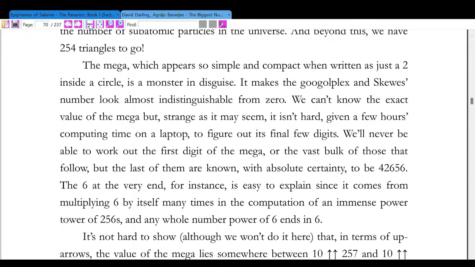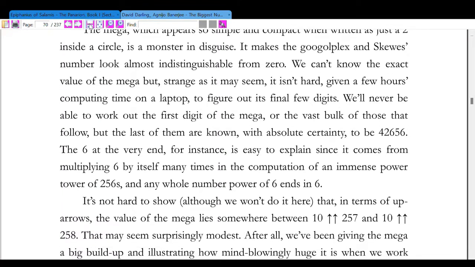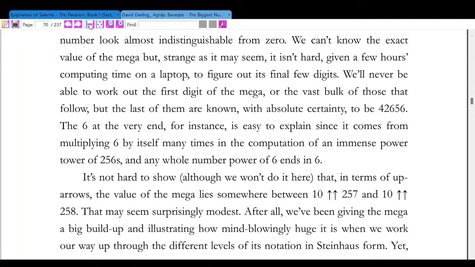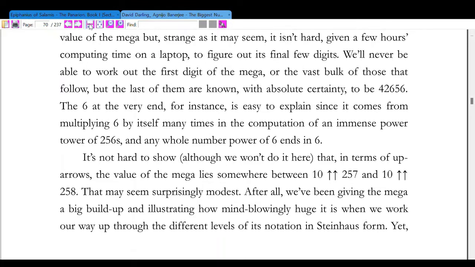The mega, which appears so simple and compact when written as just a 2 inside a circle, is a monster in disguise. It makes the googolplex and Skewes number look almost indistinguishable from 0. We can't know the exact value of the mega, but strange as it may seem, it isn't hard, given a few hours computing time on a laptop, to figure out its final few digits. We'll never be able to work out the first digit of the mega or the first bulk of those that follow, but the last of them are known with absolute certainty to be